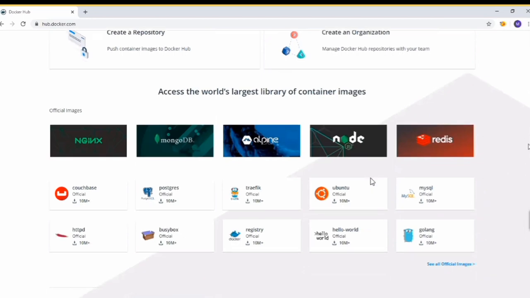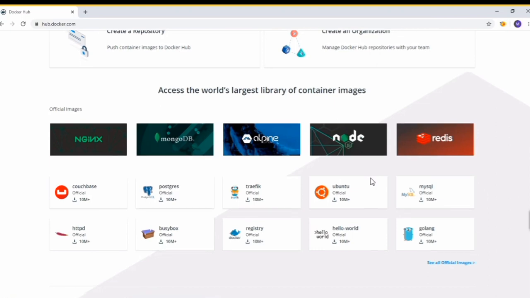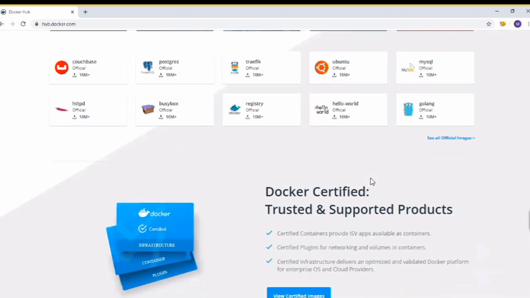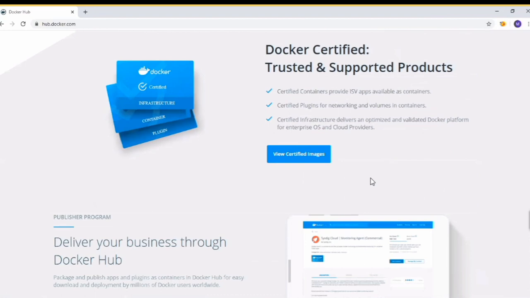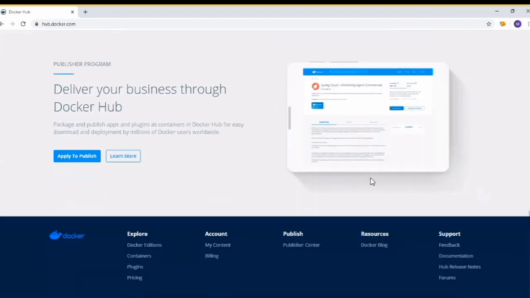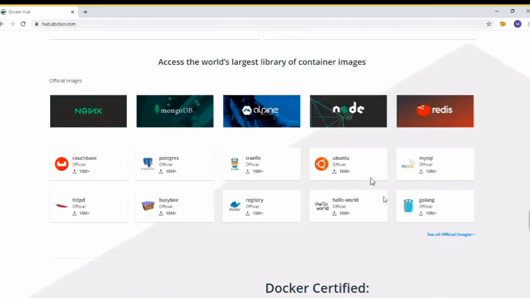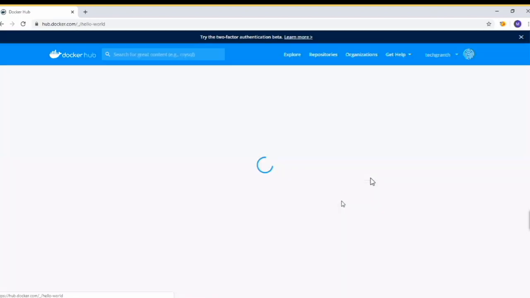Before that, you can see on this Docker Hub page, we have multiple official images which are pre-configured in Docker Hub: Nginx, MongoDB, MySQL, Ubuntu, Traefik, Redis, right? There are a lot more images which we can use to build or run our container, right? So let's see the hello world one, right?